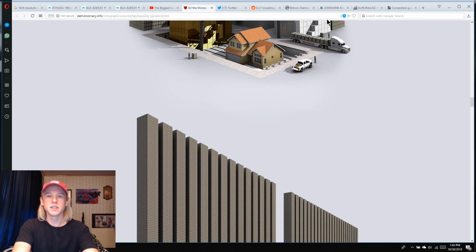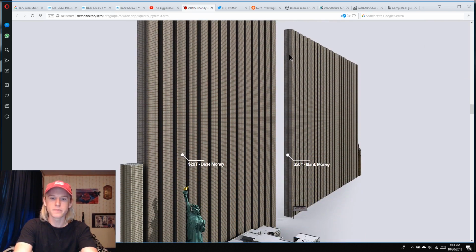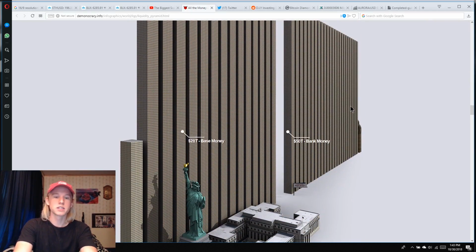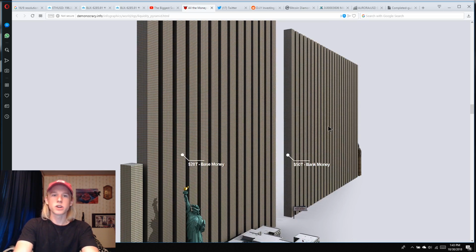So that's the entirety of the precious metal market. Now, this is where we start getting into some pretty massive amounts of value. We have bank money at $50 trillion and base money at $28 trillion. So bank money is what's accessible. If you go to a bank and need to withdraw $10,000, it's what they store there. It's what corporations have on hand and what they can pay out. And it's also what we as individuals have on us. So if I had $5 in my pocket, this coincides with bank money. And so that takes up $50 trillion.